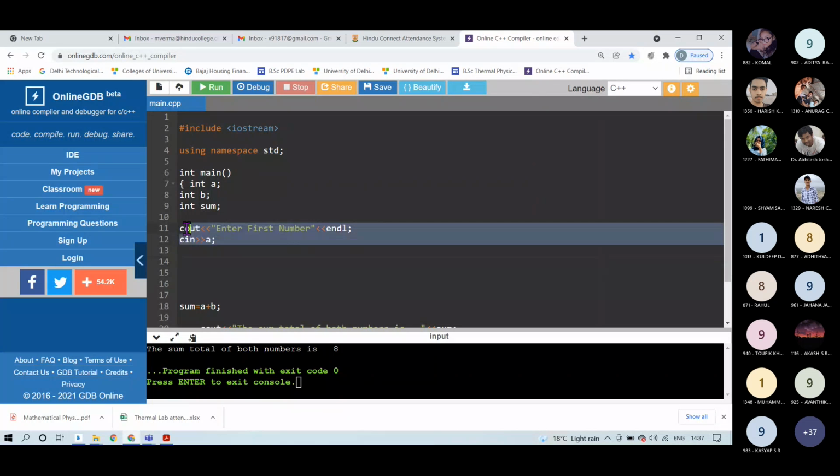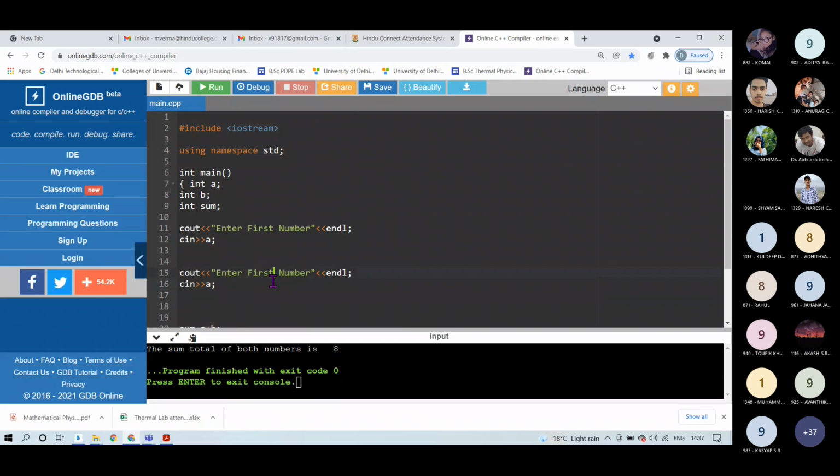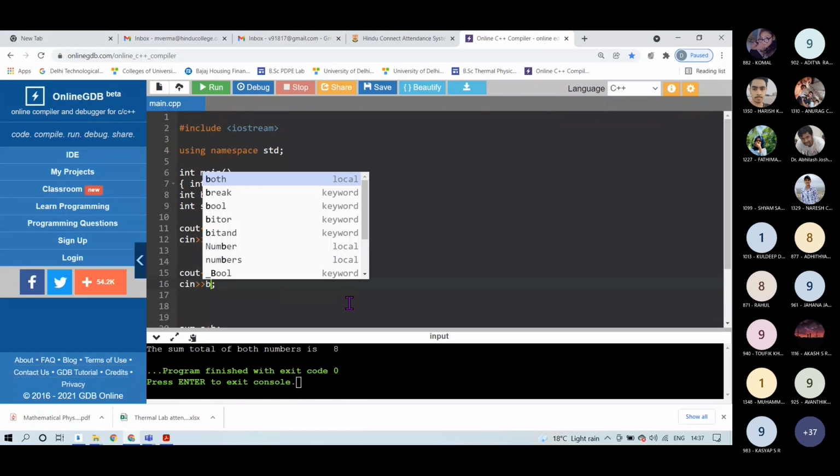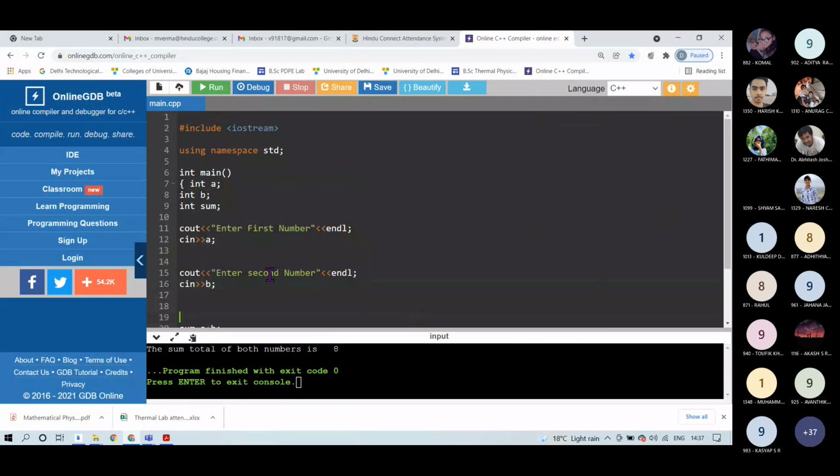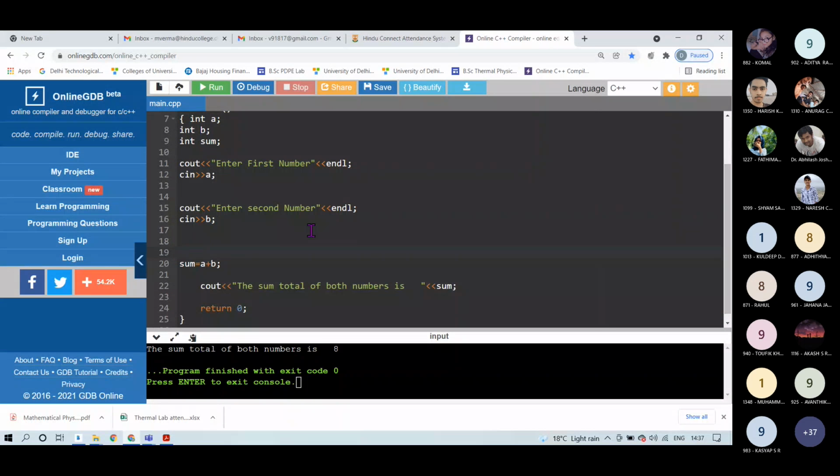Similarly, for the second number, I will write: enter second number, end line, and I will store this number in B. I will save this number, the entered number, in B. Okay, and then I will calculate internally sum, which is equal to a plus b, and I will provide the user the output, the sum total of entered number is,